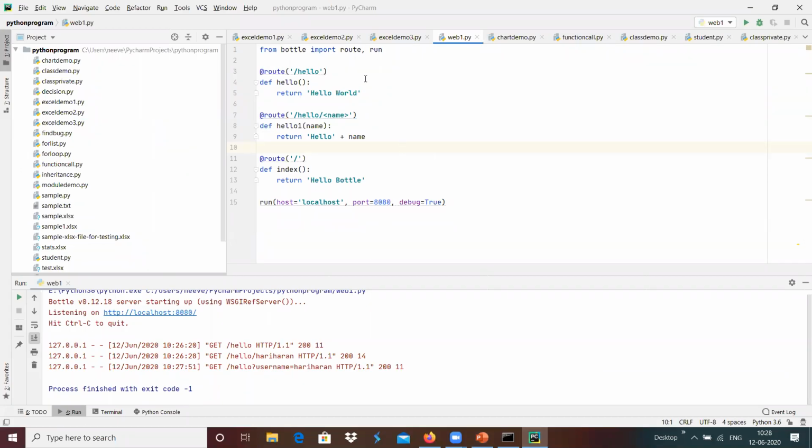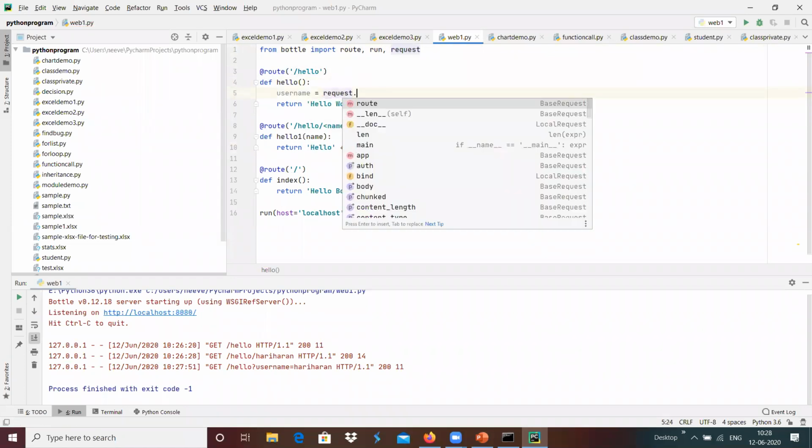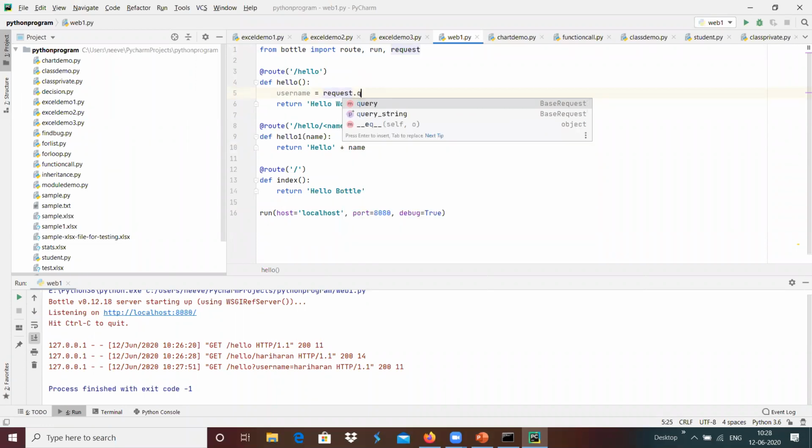I'm going to get the username equals, and maybe I need to import request over here, and request dot query dot username is the one.